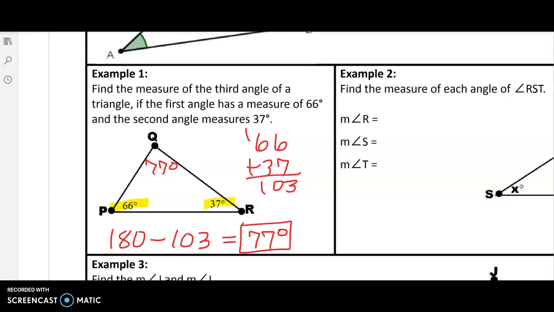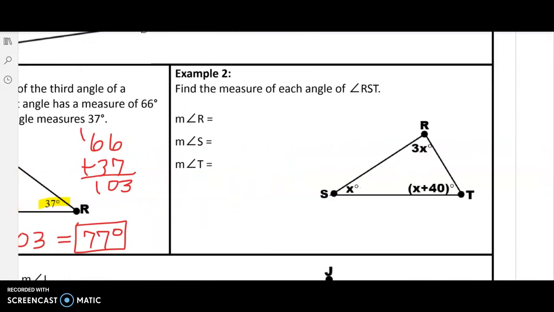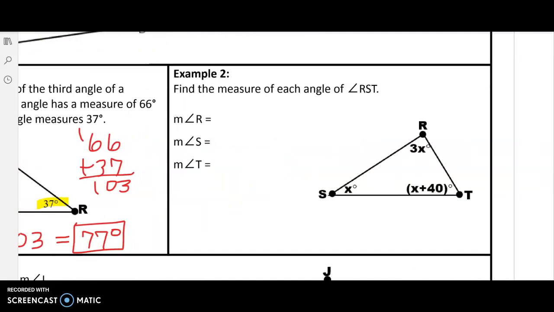All right, let's look at another one. This time you'll notice that we're using variables. This is where the algebra comes in. We are going to write an equation to help us solve this. Okay, so let's start with 3x is one of the angles plus another angle, which is x, plus the third angle, which is x plus 40, and altogether, remember, they should